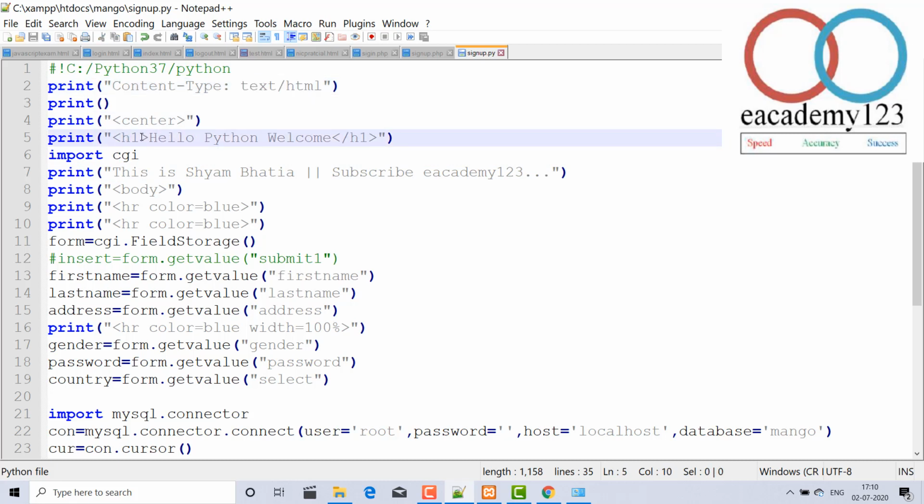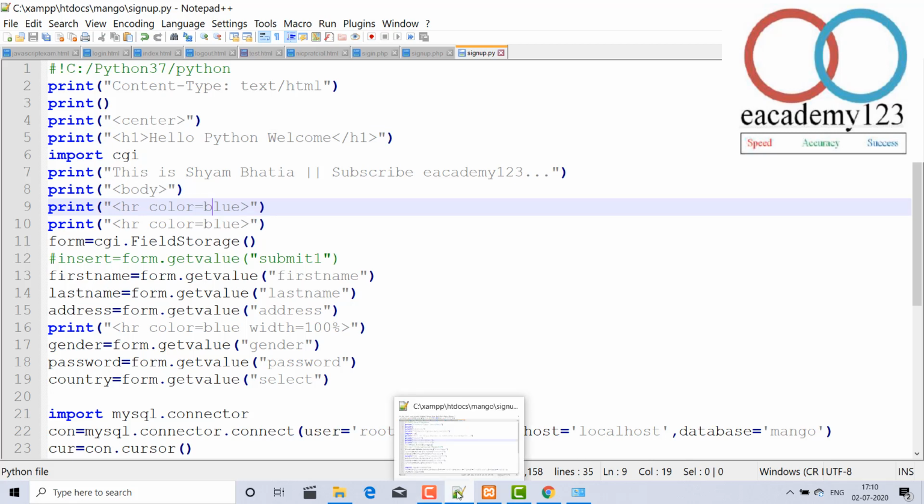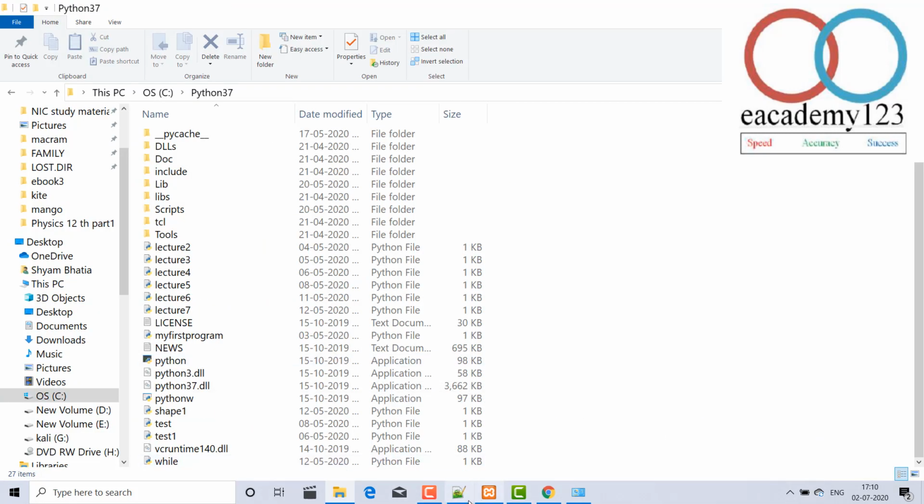And after text/html, it will allow you to use the HTML script. And H1 stands for the heading tag. Okay, and start the body, inside body two color lines, two blue colored lines. Where are the two blue colored lines? Just where is my